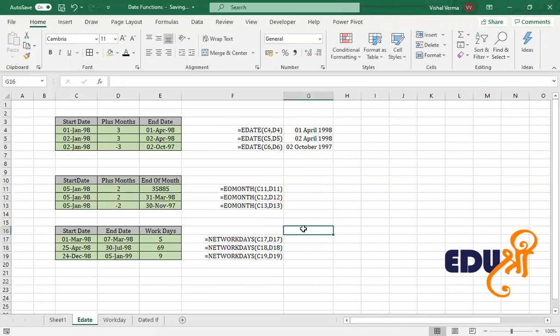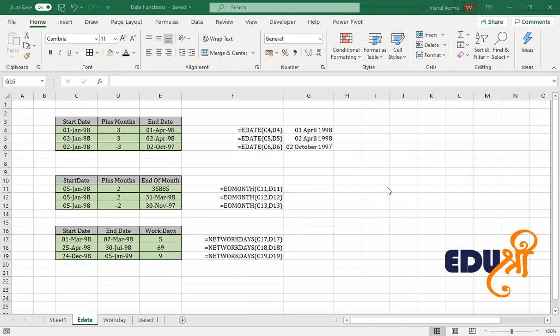The next function is EOMONTH. EOMONTH basically shows the last day of the month, a specific number of months before or after the given date. In the case of EDATE, we are just adding the number of months.